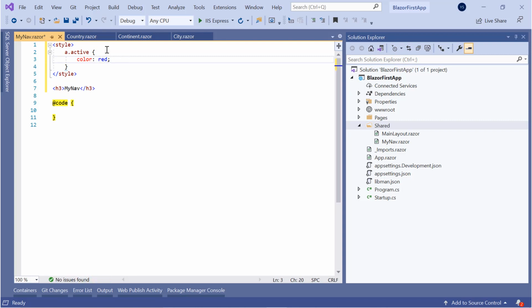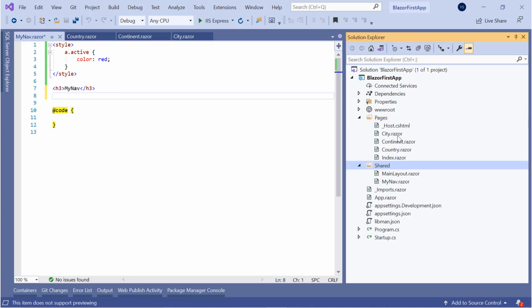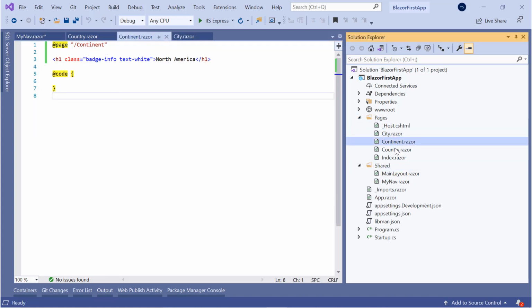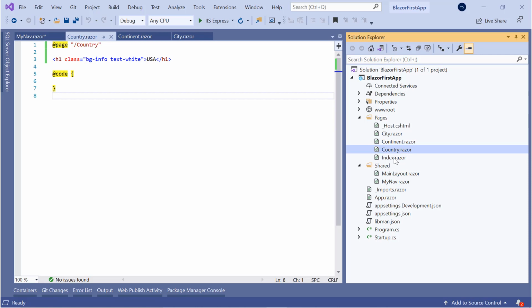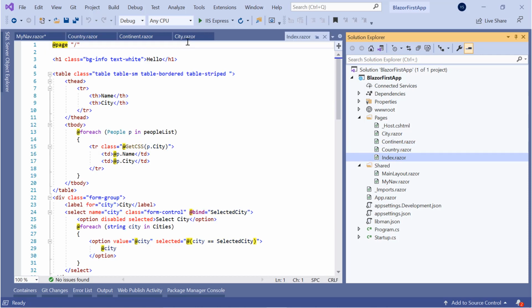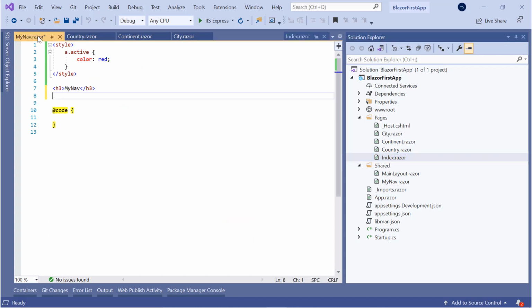So this is applied to anchor tags with the active CSS class, and it makes the color of the font red. And inside it I add the links to my three components, which are city, continent and country, along with index. Those four links I add through the NavLink component.